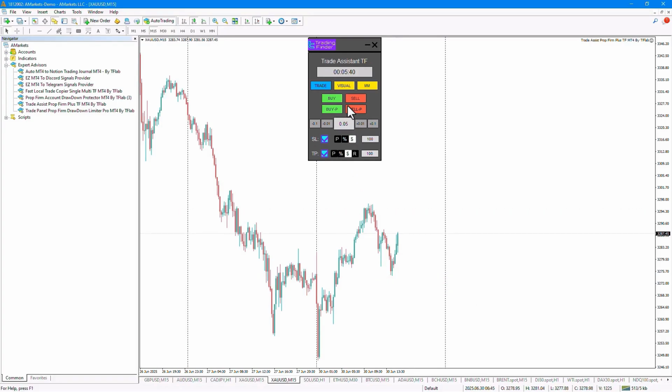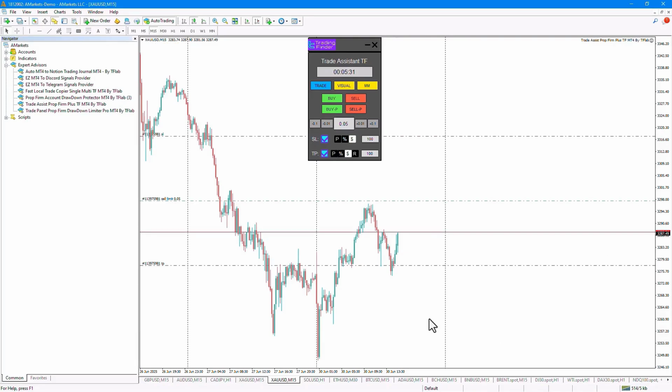Also, by selecting the sell pending option, we can set a sell pending order where we can specify our entry point for the pending order in this section, and by choosing yes, the sell pending order will be placed for us. The expert advisor automatically determines the type of pending order, whether it's sell limit, sell stop, buy limit, or